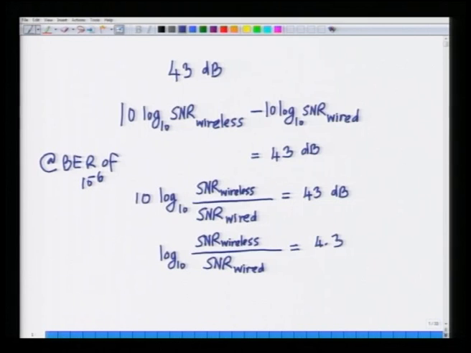I brought the 10 to the right side and divided, so I get 4.3, which means